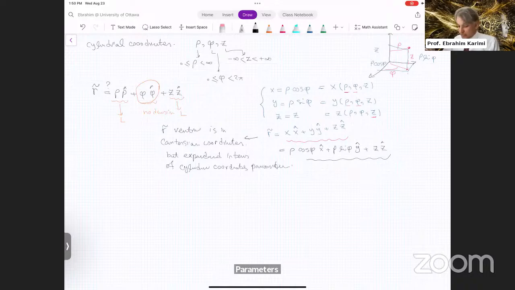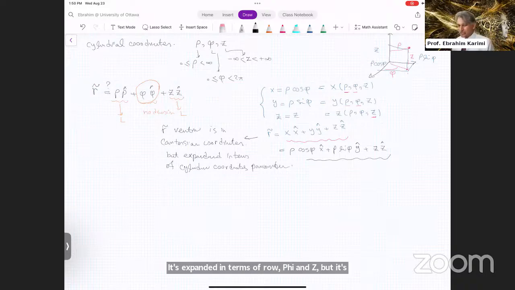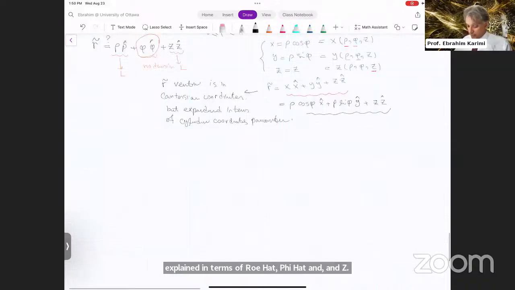It is expanded in terms of rho, phi, and z, but it's not explained in terms of rho hat, phi hat, and z hat. So the first thing from this is building up